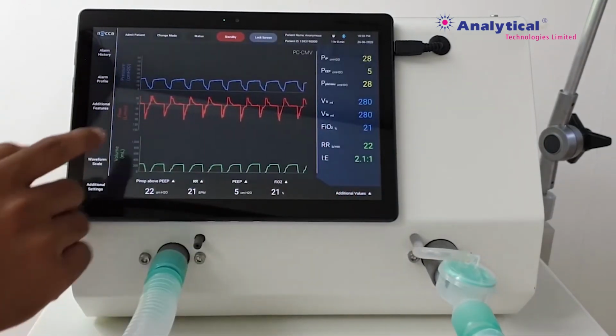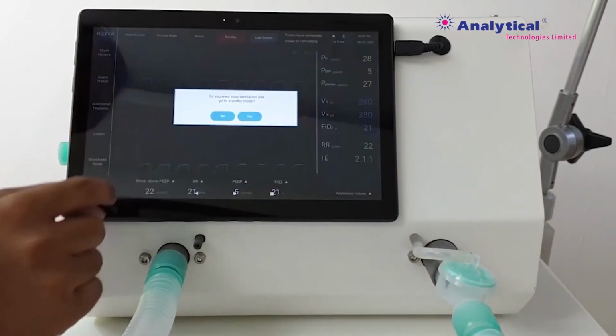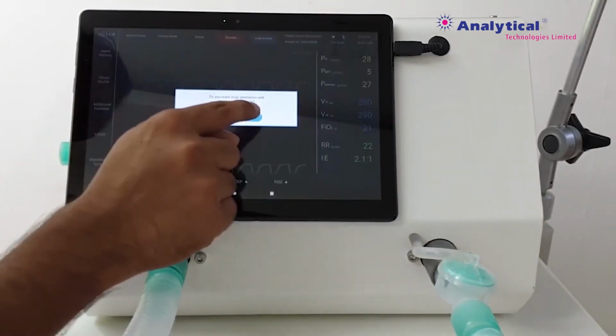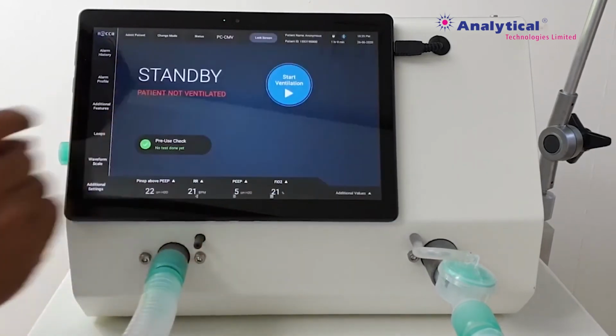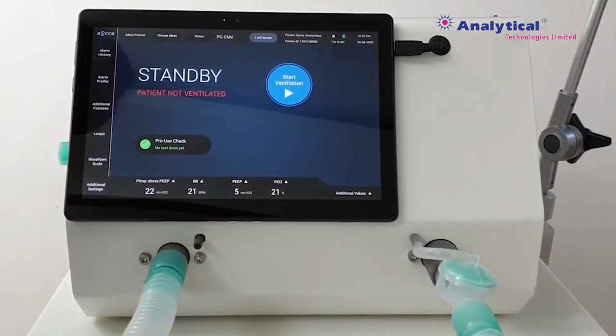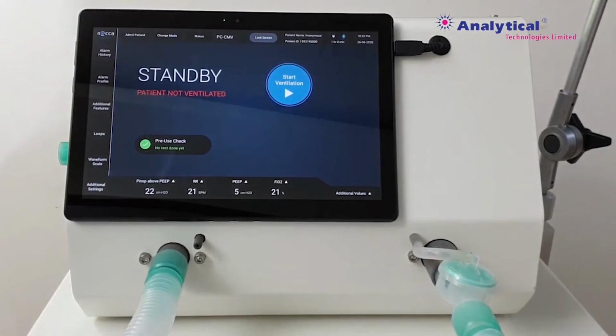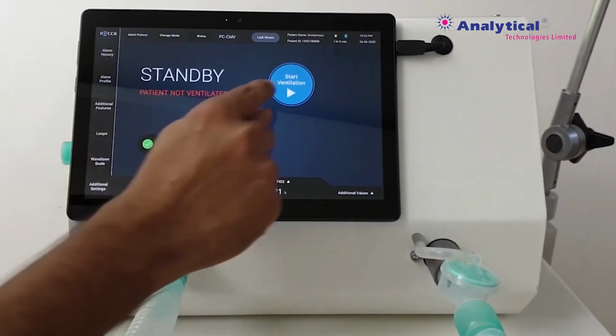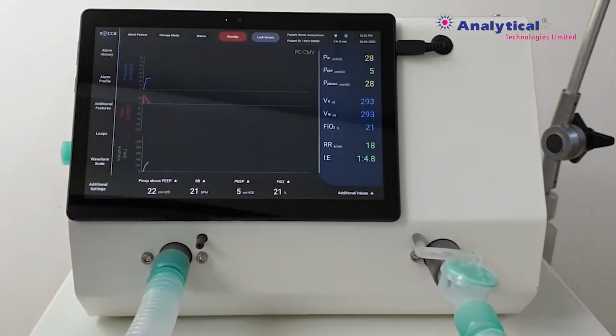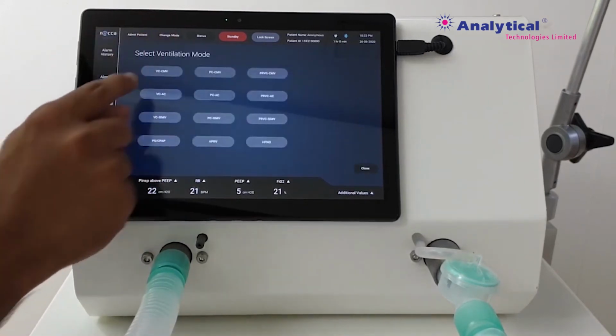To stop the ventilator, press the red standby button on the top. Confirm your action on the pop-up which appears, and the ventilator goes into standby mode. We can also change the mode while the ventilator is running by clicking the Change Mode button on the status bar.